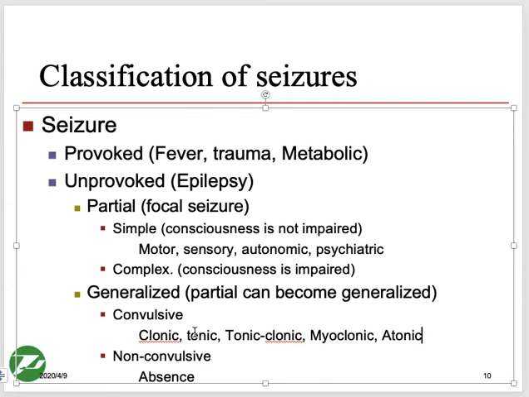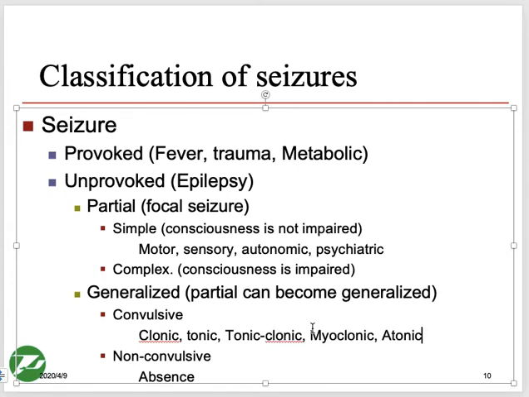That's what they show in the movies, by the way. In Hollywood, or in Bollywood especially, what they show is when someone falls down on the floor or on the ground and starts jerking their body. So that is clonic type. Tonic means the muscles will go into contraction and stay like that. And tonic clonic means what? Both. The muscles will be jerky as well as stiff or contracted.